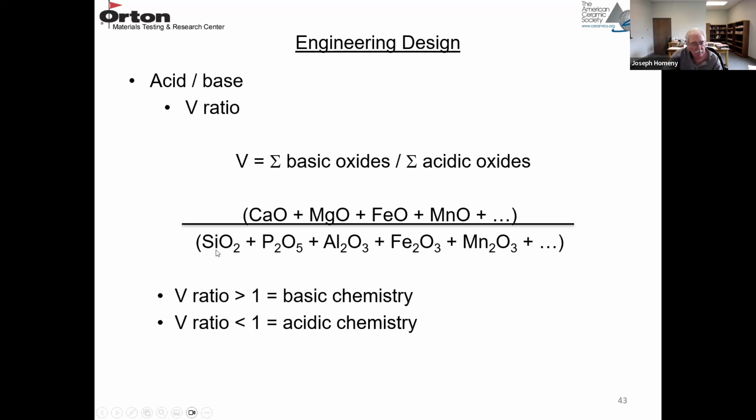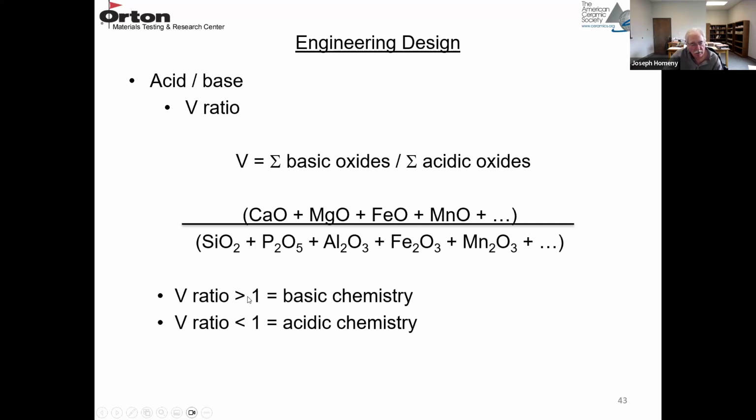And acidic oxides, SiO2, P2O5. Al2O3 is usually put here. It is maybe slightly acidic, but I think it's more neutral. Fe2O3, and then Mn2O3. So if this V ratio, and these are the weight percents of each one of these